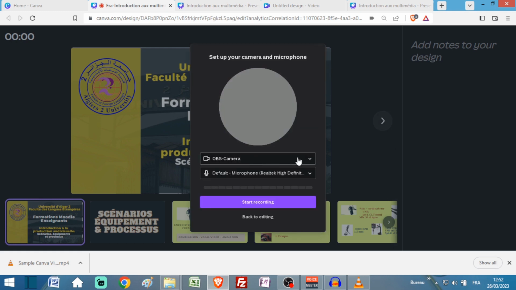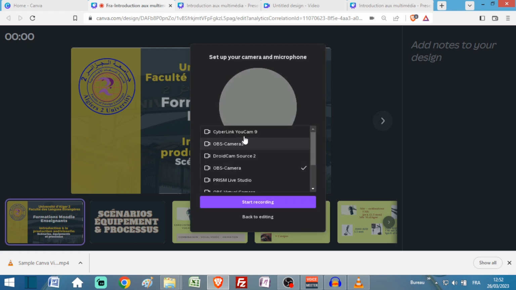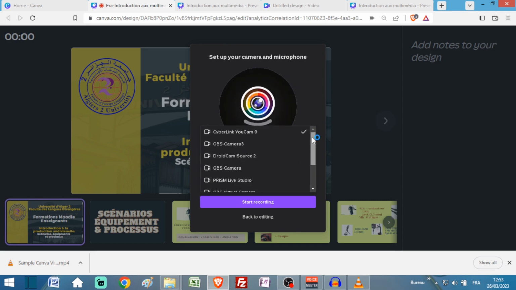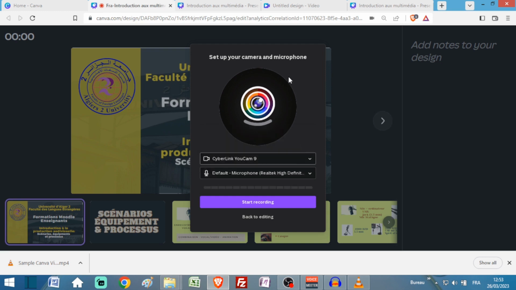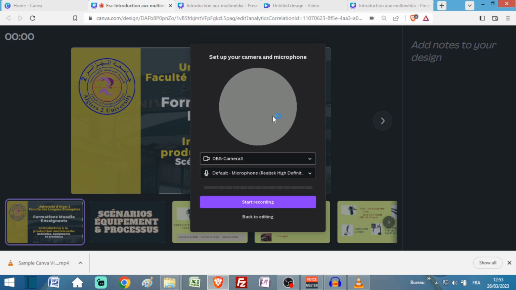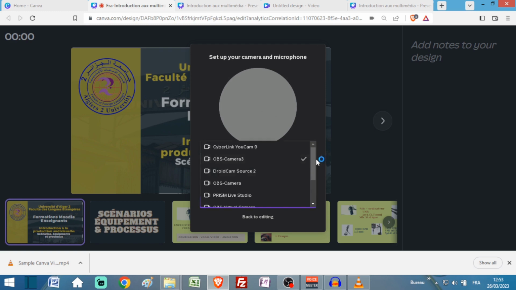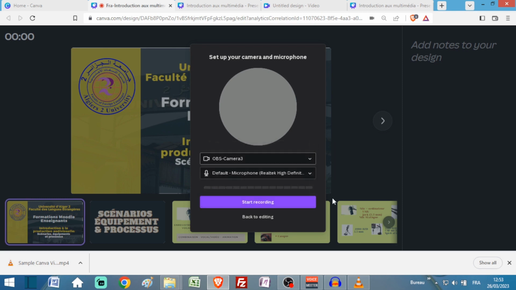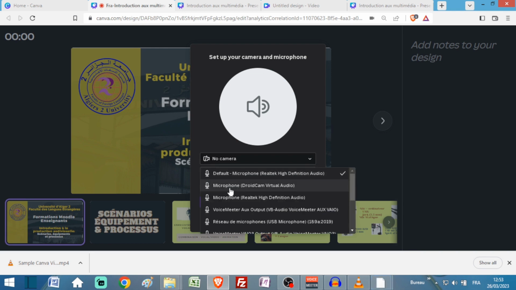Yeah, OBS camera. Let me just check OBS camera, or OBS camera 3. Now let's imagine this is my webcam. I can choose to record the webcam, or I can simply choose to have no camera. And the microphone, I haven't chosen the microphone yet, or the one that I have chosen is not working. So